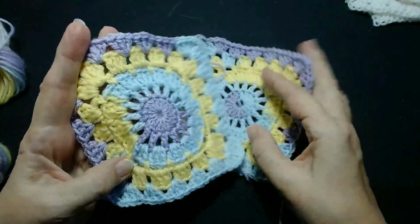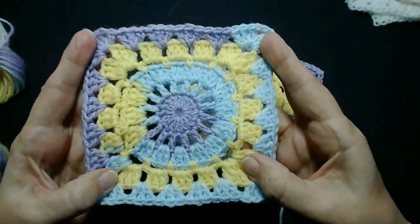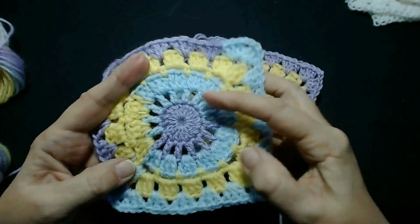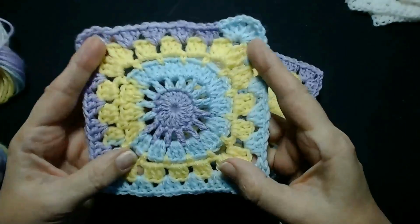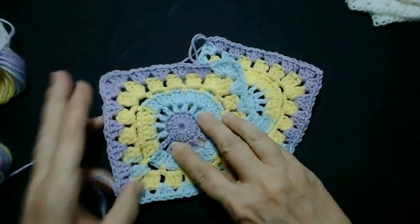Today I'm going to show you how to make these granny squares. Now these squares start off as a circle and then you make them into a square like this. For these ones